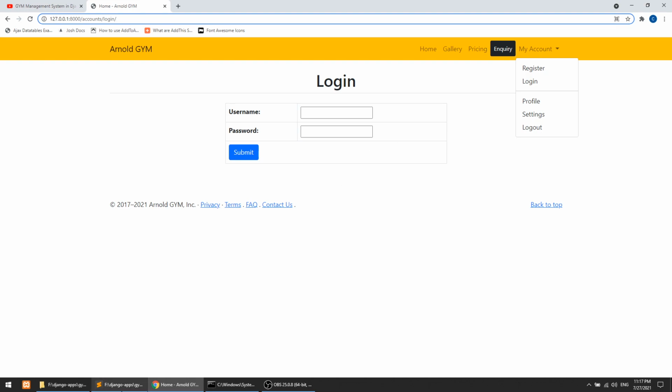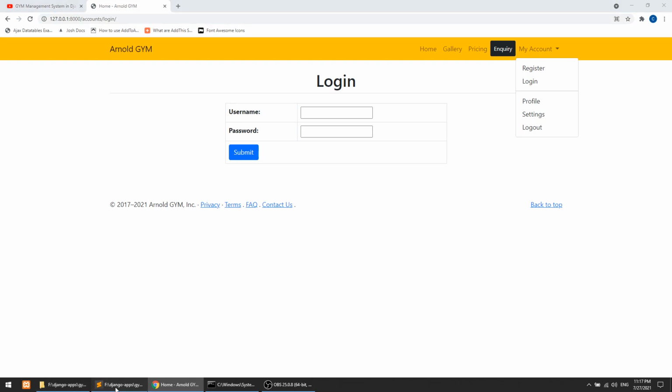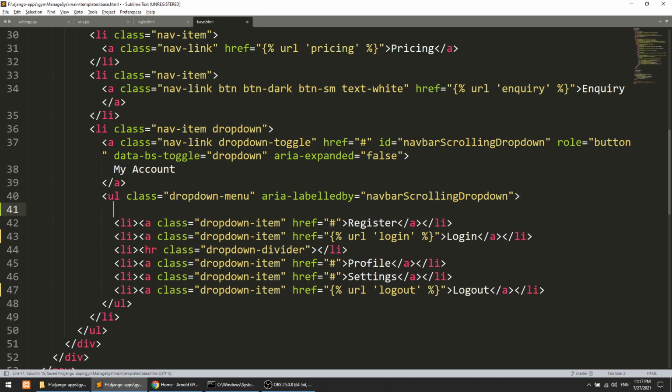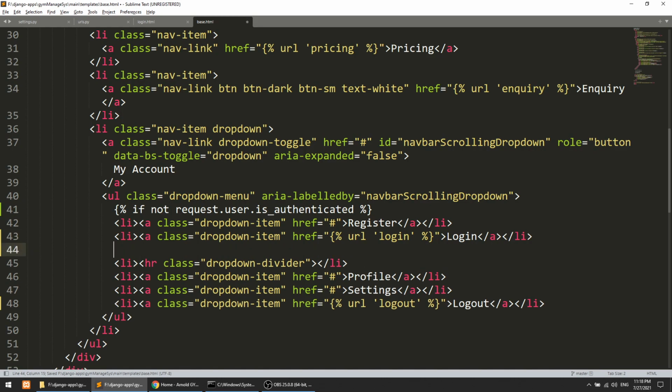So what we need to do is show this register and login link if request.user is authenticated. If authenticated, then we will show this; if not authenticated, then we will show this, else we will show this.